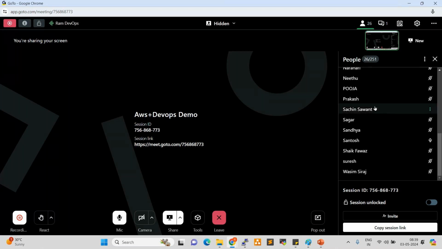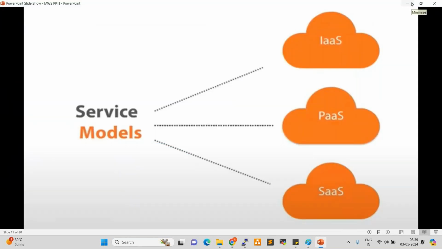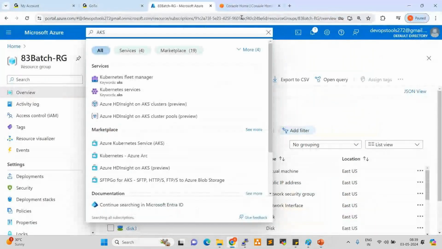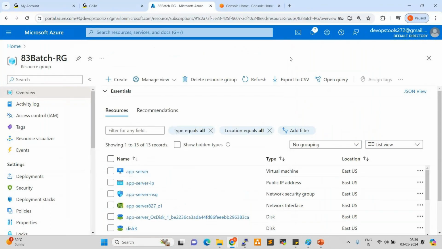Can you please be a bit more clear with IaaS, PaaS and SaaS, please? What is your confusion, Sanjay? Infrastructure and platform. We are saying infrastructure means whatever they have arranged, all the servers and all. So this is the cloud platform, Azure platform, right? So IaaS is nothing but platform, you are addressing platform in the sense of the URL.